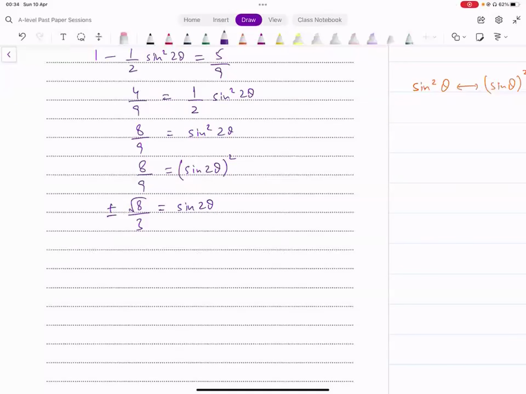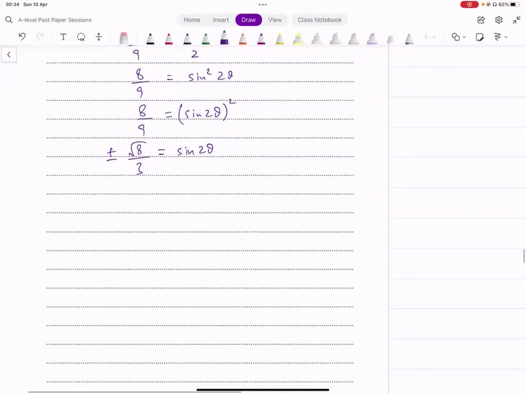unless there's a reason not to, right? In general, we always put plus minus. So आपके पास दो वैल्यूज आ रही है यहाँ पे, either plus square root of 8/9 or minus square root of 8/9. Now what do we do? We find the basic angle. Basic angle find कर लें, sin alpha equals square root of 8/9. Basic angle के लिए तो उसको पॉजिटिव कर देते होते हैं। बेसिक एंगल देख लें क्या आ जाता है डिग्रीज में, रेडियंस में।